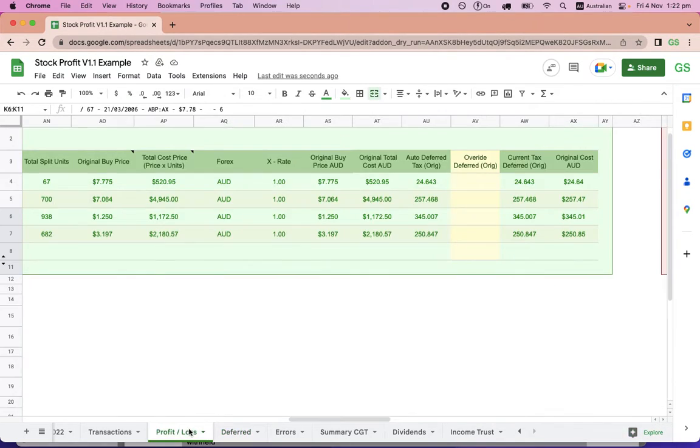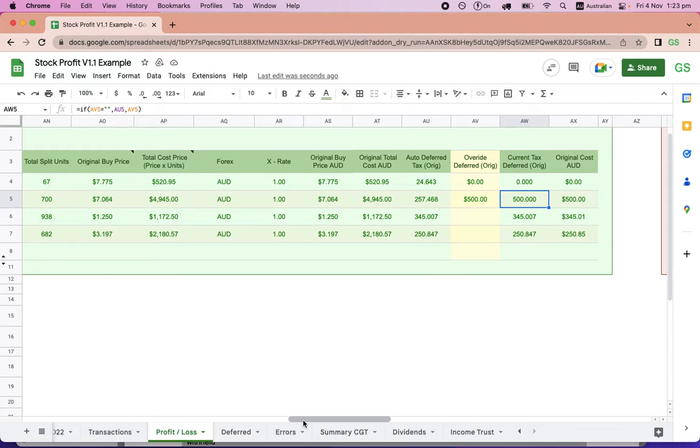The other thing we can do is override the deferred amount. So for example, if we want to allocate nothing for this transaction, we can put 0. If we wanted to allocate $500 for this transaction, we could enter 500 here. The thing to be aware of, however, is that these figures here are not automatically updated once you use the override figures here. So it's good to be aware of that. You can still allocate this amount, but when you use override, it's good to